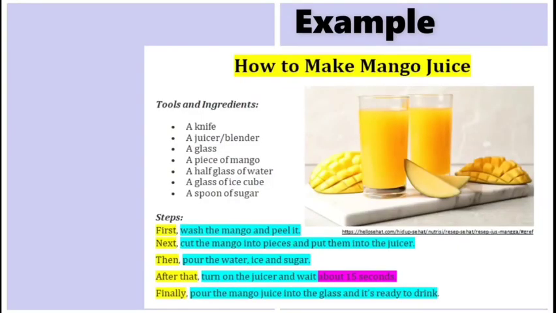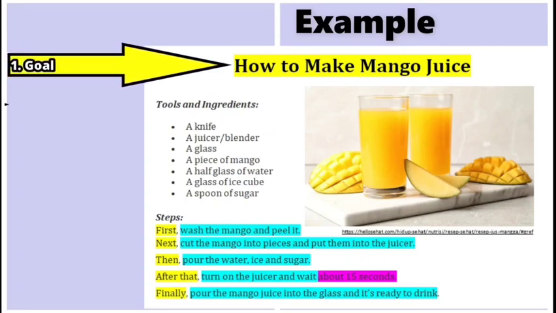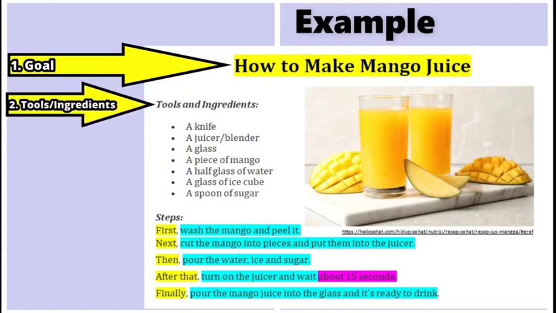Now, let's see the example of recipe. Okay, let's identify this text. What are generic structure of this text? Okay, the first one is goal, and then tools or ingredients, and the last one is steps. The goal of the text is how to make mango juice, and then the ingredients of the text is a